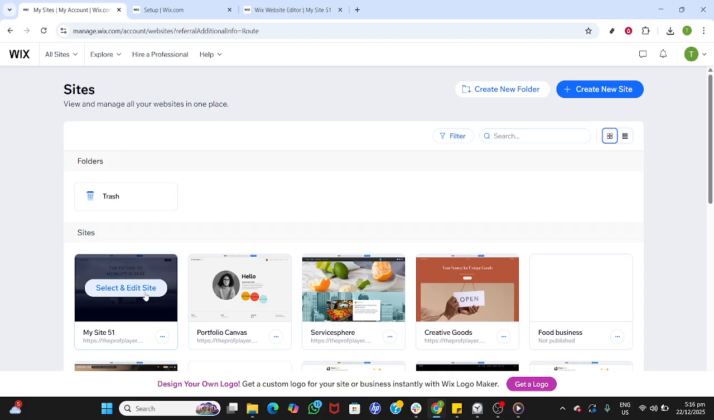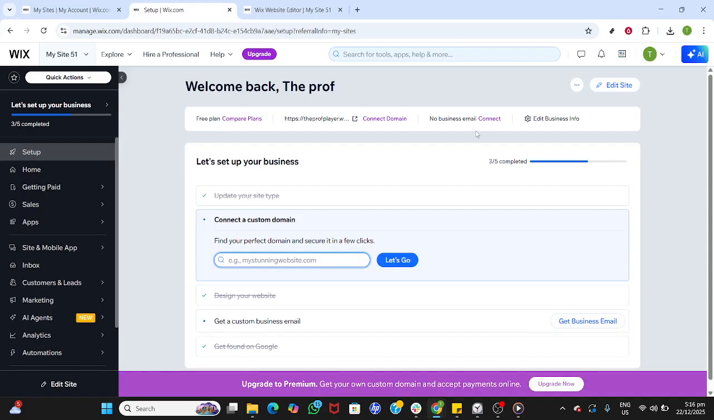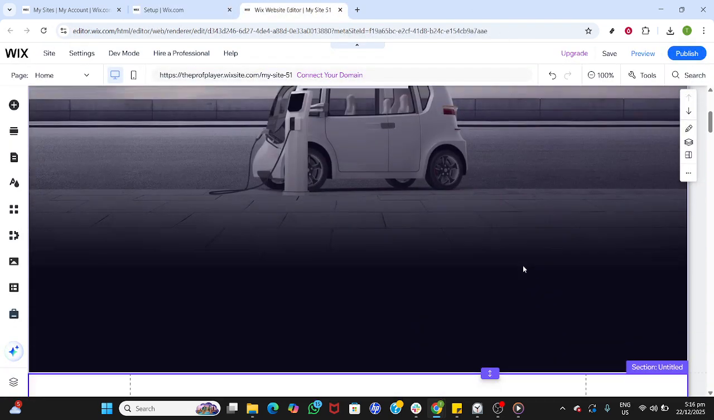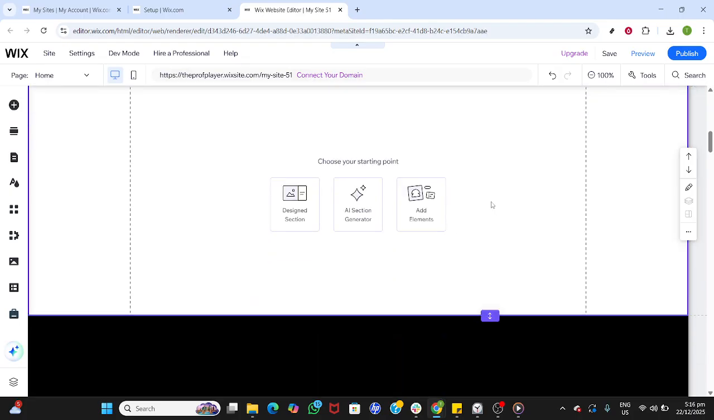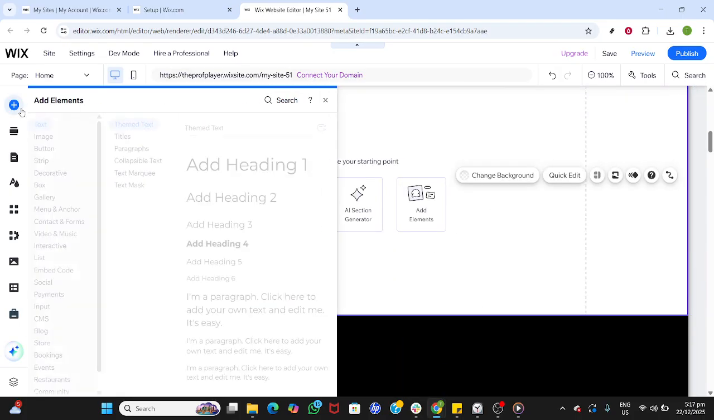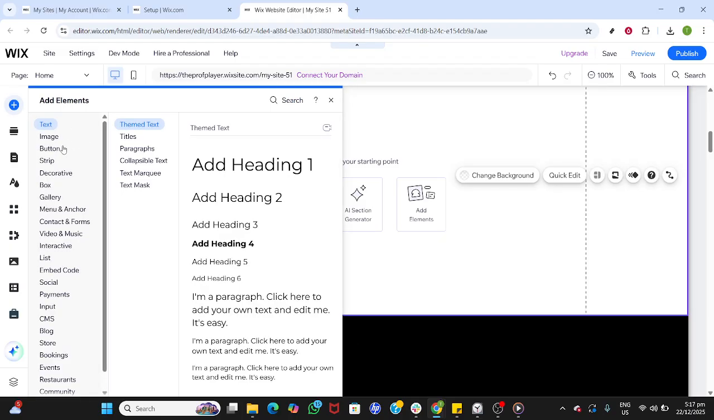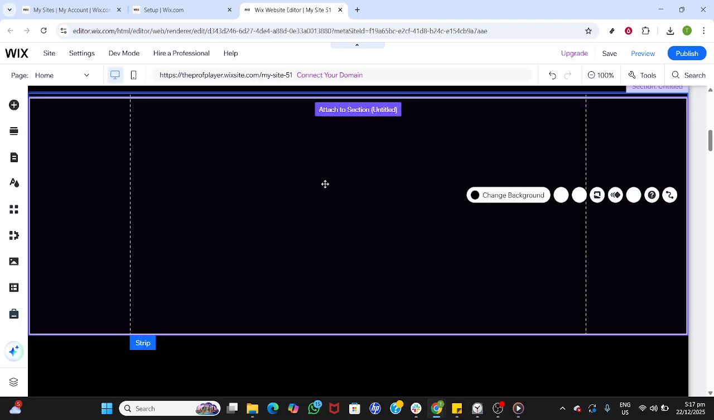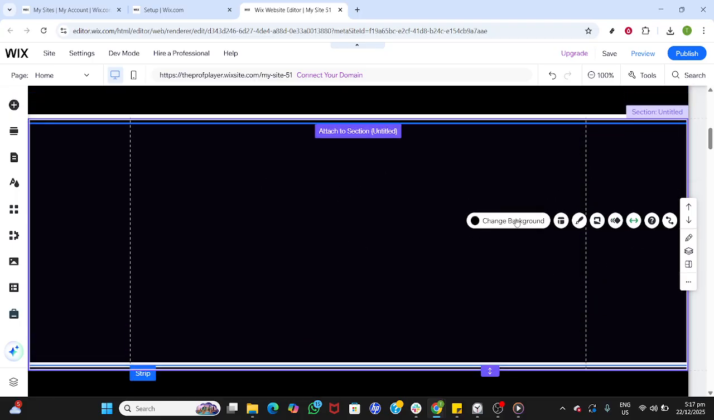with confidence. First, head to your Wix account and open My Sites. From there, click Select and Edit Site to launch the editor for the website you want to work on. Once the editor opens, follow the on-screen highlight to open the panel where you can add elements to your page. Choose Strip. This brings up Wix's strip options, and the highlighted choice will guide you to insert a clean, flexible